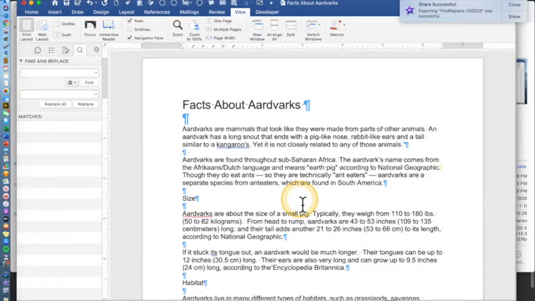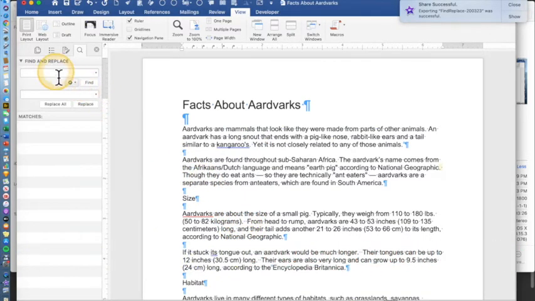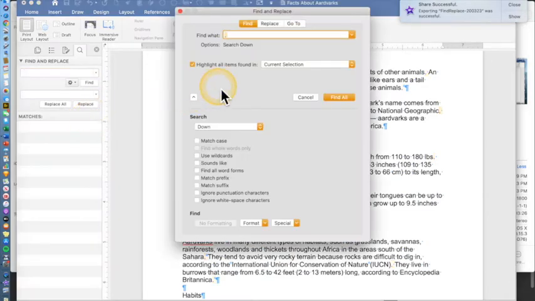So when you've consolidated input from various different people, some people have one space after a period, other people have two spaces after a period. There's a way to highlight each of those things. So you go period, space, and we're going to go down here to advanced, and we're going to replace